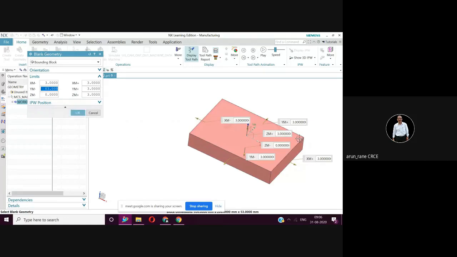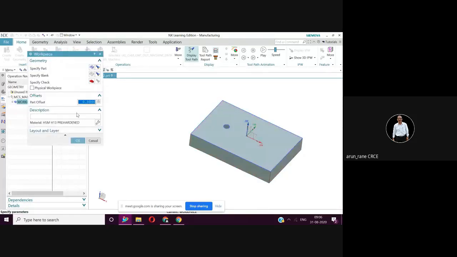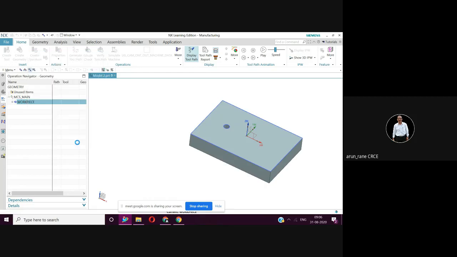So 3, 3, 3, 3, and 3. You have to enter it, otherwise it will not take. And say okay, and you will also get an alarm here. So now you have defined the blank also. That is, there is a stock of 3 mm on all the sides and on the face also. And we'll say okay. So our geometry is done now.